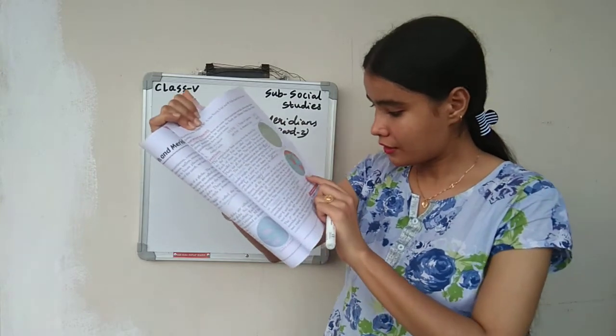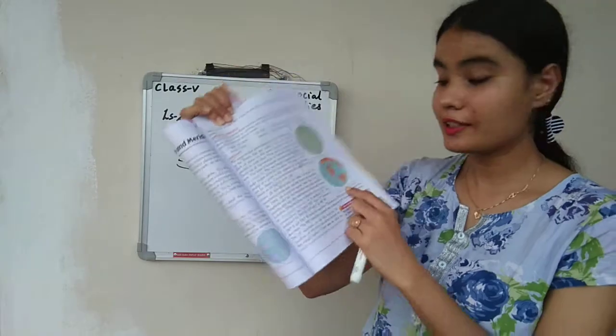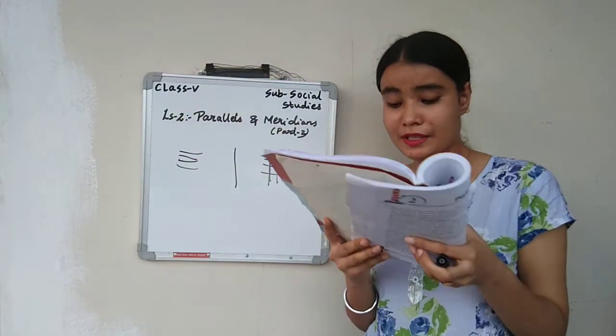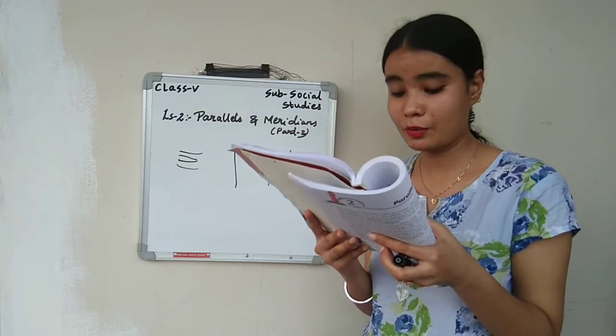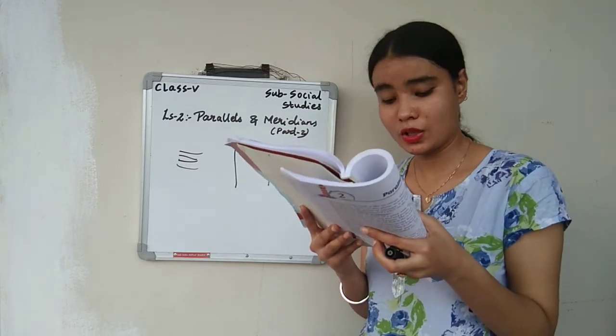You can see over here, there is one straight line in the middle. So this line is called what? Prime meridian or Greenwich meridian. It is numbered 0 degree for convenience. We count 180 degrees from the 0 degree Greenwich meridian, 180 degrees in the east, and from 0 degree to 180 degrees in the west.